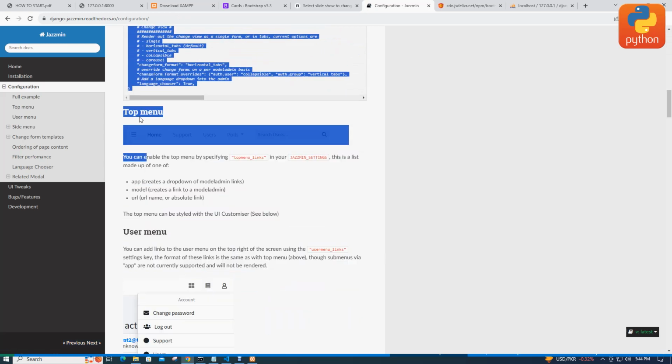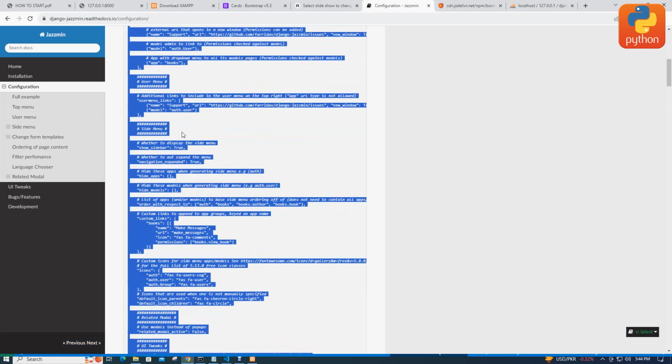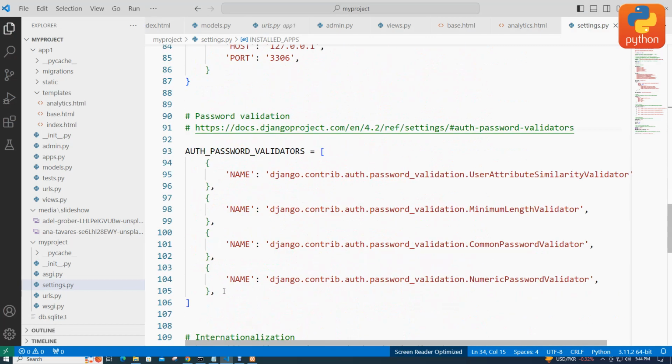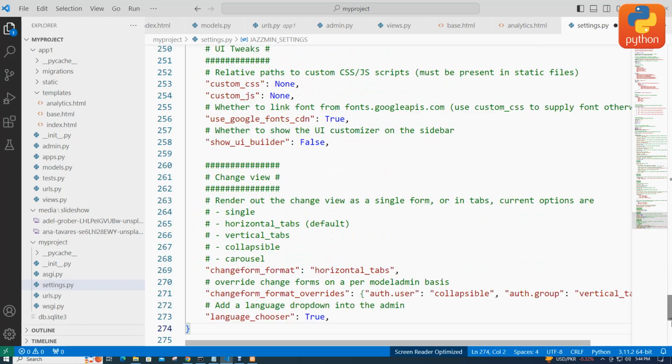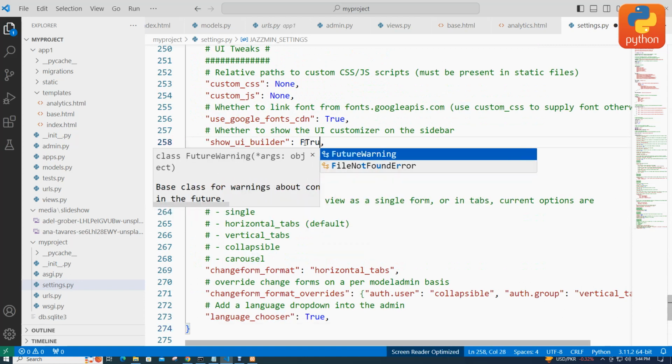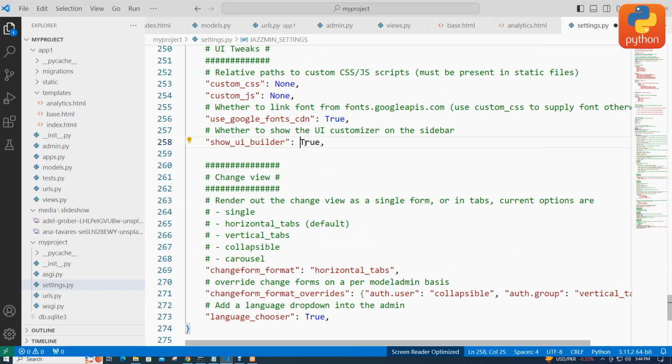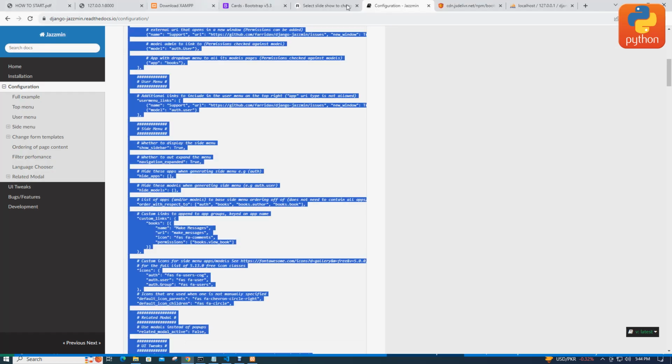Okay, select. Okay, then copy. After copying, come to settings. Okay, mwisho kabisa kwenye paste hizo hapo. Now access show user interface builder, then remove false to true. Okay, remove false to true, then save changes,